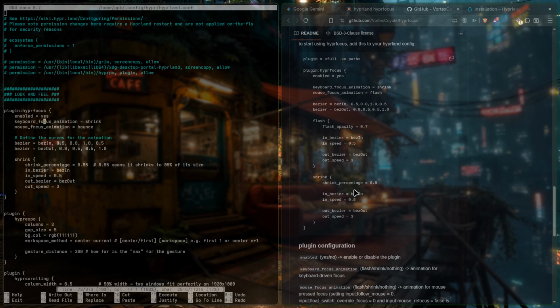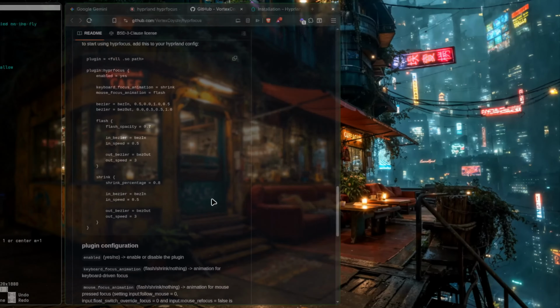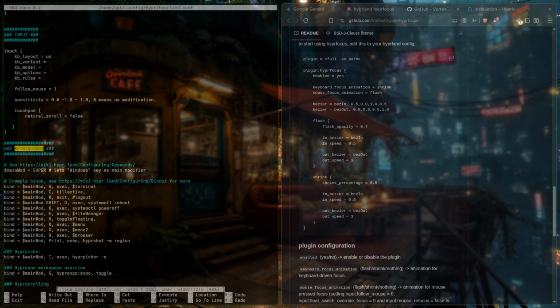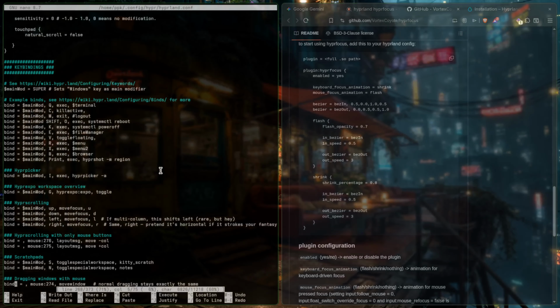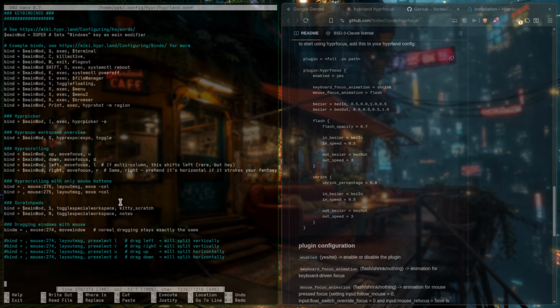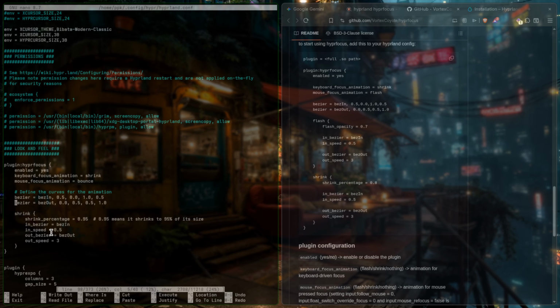So it's a nice animation. I don't know if it's got something to do with hyper scrolling, because I got hyper scrolling on here. As you can see, I scroll to the right or left. But yeah, that's actually the only thing you have to do. I don't think you have to have a bind key, obviously, because that doesn't make sense. It's just mouse focus over it. Let me just quickly see if I have something in here. No, there's nothing there. So yeah, it's just copying that code block in, and that is basically how you get